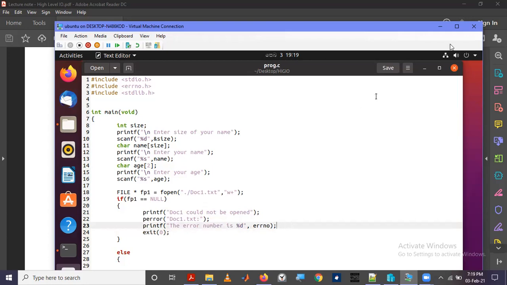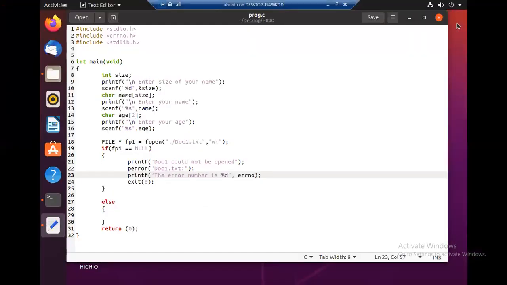Okay, so that is what we have to do. And otherwise, if we are able to open, then we have to write these things to our file.